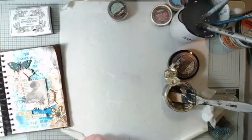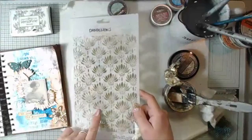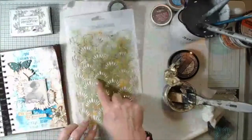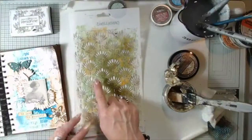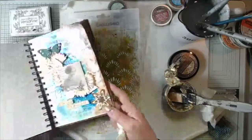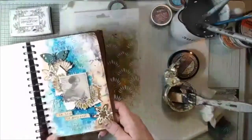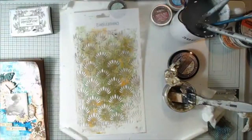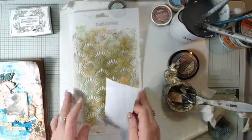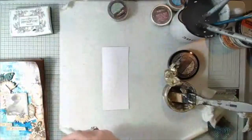And we are doing more embellishments. Here I have the dandelion stencil, and there are some great flower pieces, and I want to do something with them too. And on this page, they have a different background. We are adding some color to them. And we don't need to do it so complicated